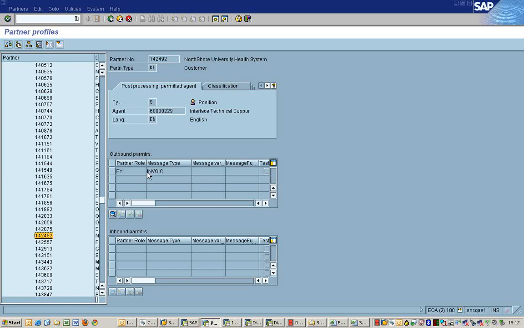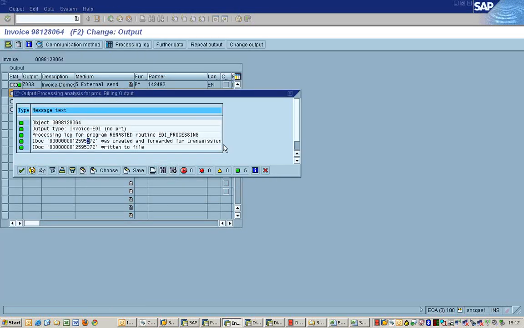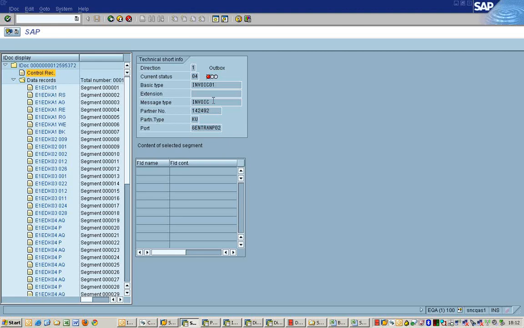This is the partner function we have. So as a functional consultant, our responsibility is to maintain this partner function, partner type, agent number and invoice type, message type. What we have used is, here is invoice.